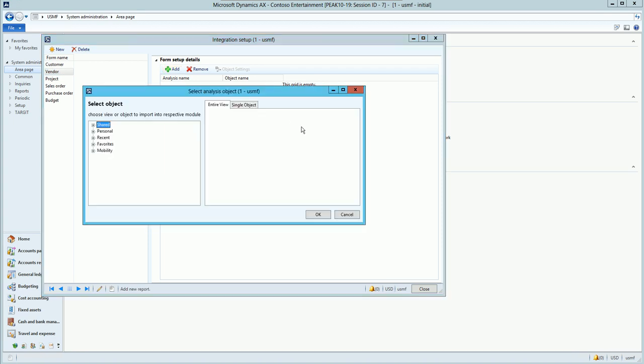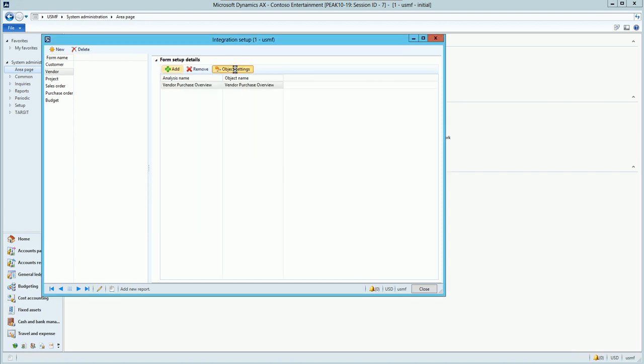I see that right now I'm not using any Target analytics on the vendor form, so I'll go ahead and add one. What I'm doing now is pulling up the folder structure from a Target data warehouse, a Target application, and I could choose a personal analytic if I'm a developer user, or I could use one of the shared ones here. I'll go ahead and now open up my BI Accelerator for Dynamics AX. I'll choose my supply chain, and I will now add a vendor purchase overview to my form. Upon selection of that particular analysis, I'll get a quick preview so I can see what it is I'm working with. I could choose the entire view or a single object, but I'll stick to the entire view for now.